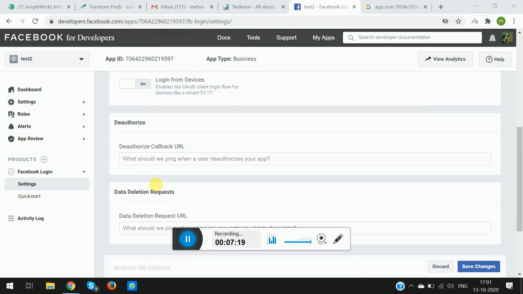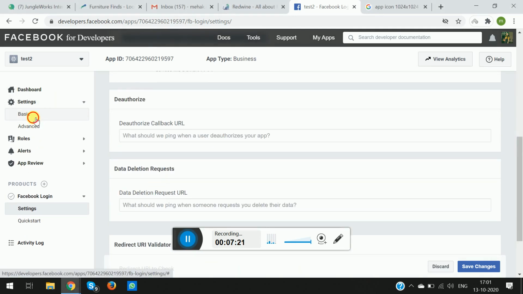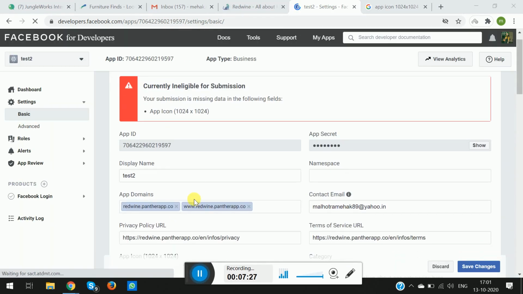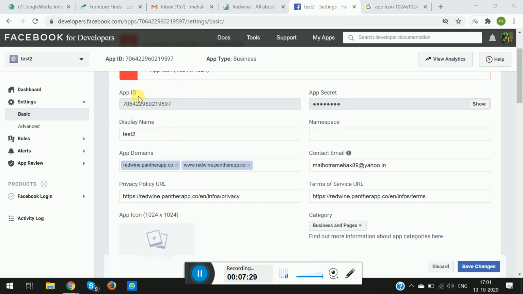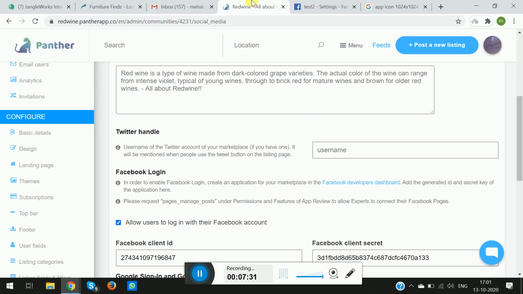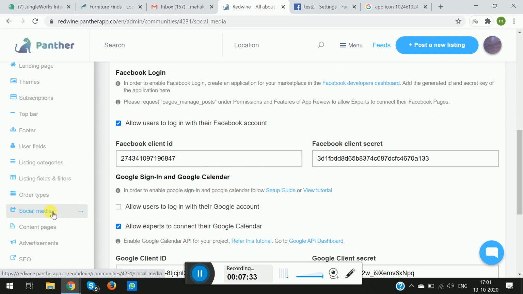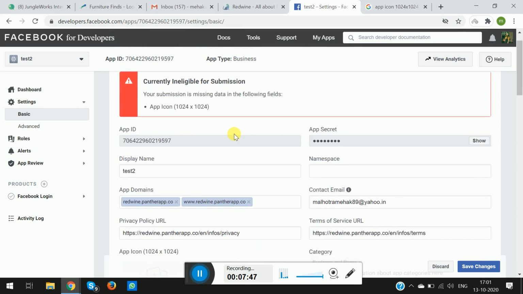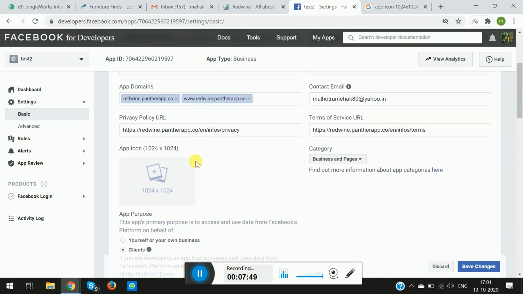Once this is done, simply go to Settings and Basic Settings. All you have to do here is extract the app ID and the app secret ID, go to your Panther dashboard, social media section, and add the client ID as well as the client secret ID. As you can see, it currently prompts that the app is ineligible for submission because we haven't yet submitted the app icon.